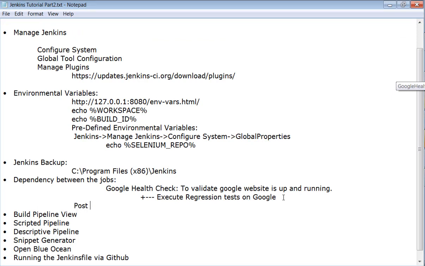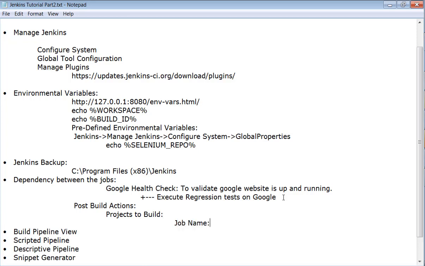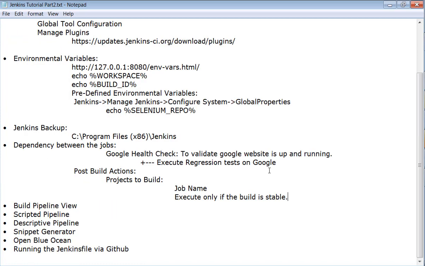You can say post build actions. Mention projects to build. Give the job name and select the option execute only if the build is stable, right? So this is how you create a dependency between the jobs.